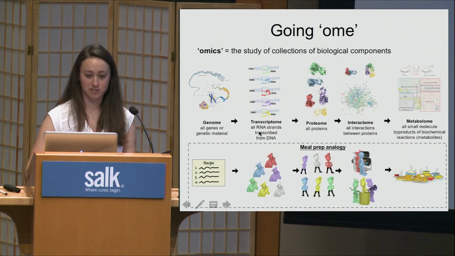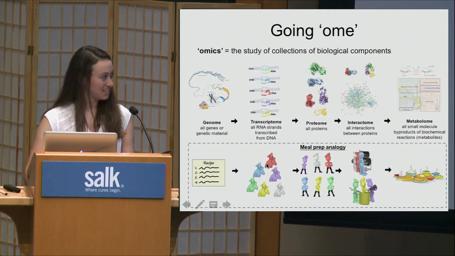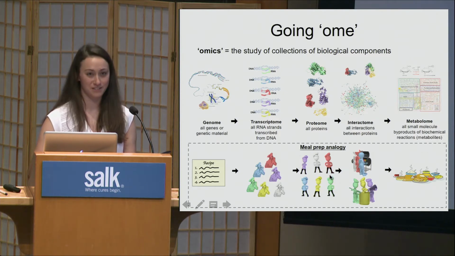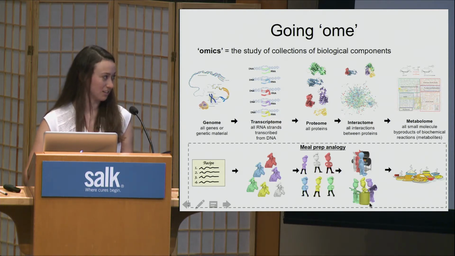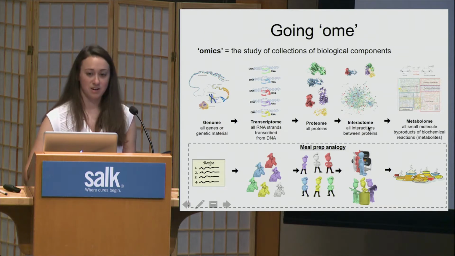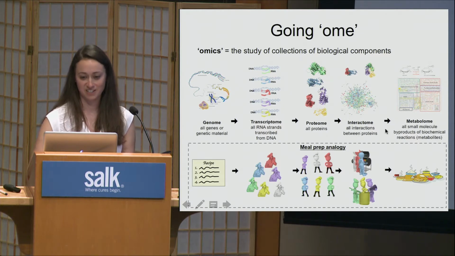And the transcriptome, which is the collection of RNA, are like the orders that are yelled across the kitchen to recruit different sous chefs to come and cook. And each sous chef has his own unique skill, just like proteins in the cell. They all have these different skills, and they work together as a proteome, or collection of sous chefs. And then the sous chefs work together to do these different tasks, like grilling food or making a soup. And that's like how proteins interact together as an interactome, the collection of all protein interactions.